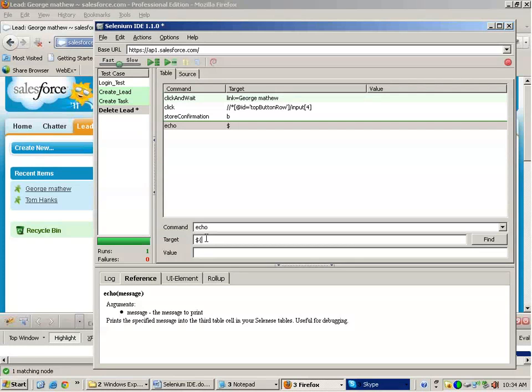So that's it, guys. Thank you for today. Tomorrow we will be parameterizing these test cases. We will be writing some user extensions which will be parsing the XML through DOM, and we will be parameterizing